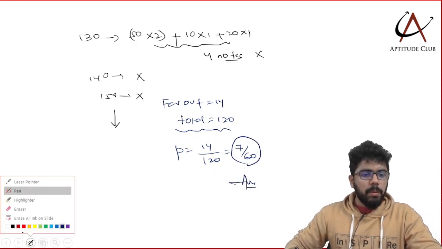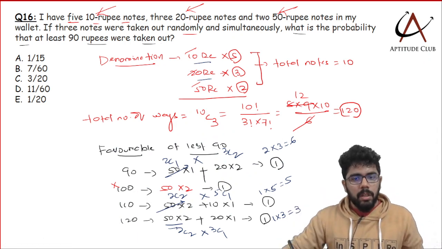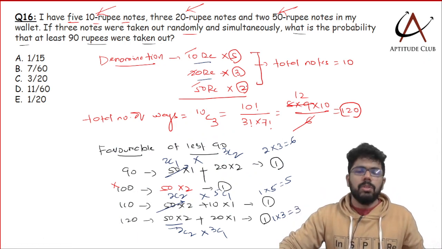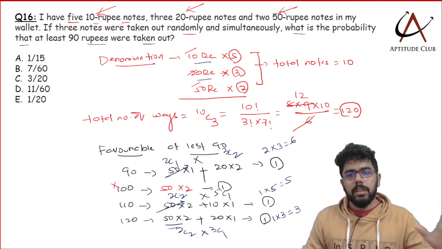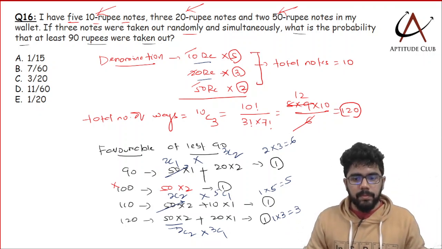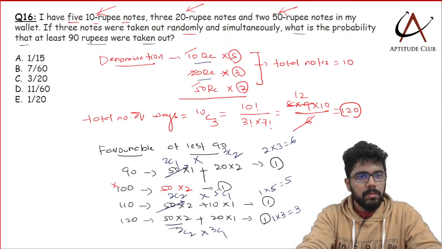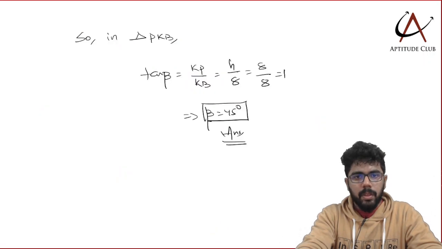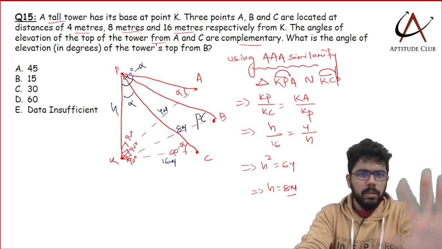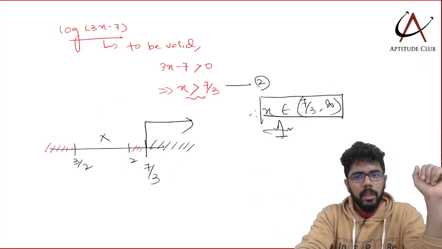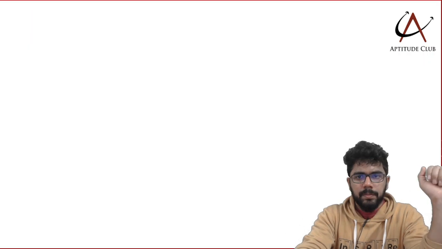This was the one question of permutation and combination and probability from modern maths, and this is what it is. If you select 2 notes out of 2 notes, it's 2C2, the simple definition of nCr: selection of r things out of n. It is just that. One question only from modern maths, so even if you're not clear in modern maths, you can skip this. Those who know the basics of modern maths will understand this very easily. There was one question from height and distance, geometry. The rest were mostly numbers and algebra.